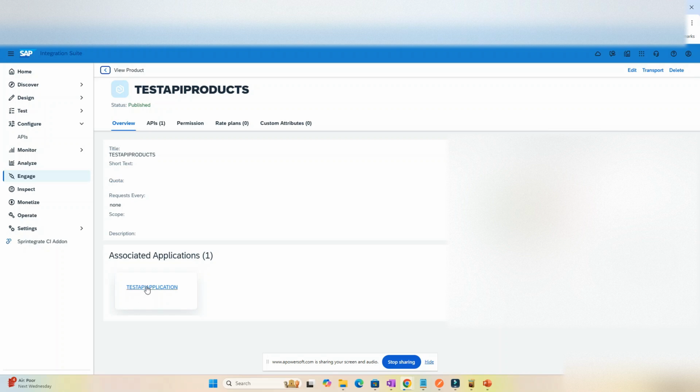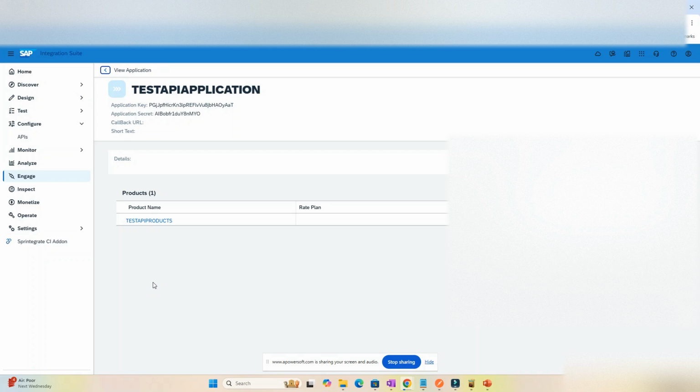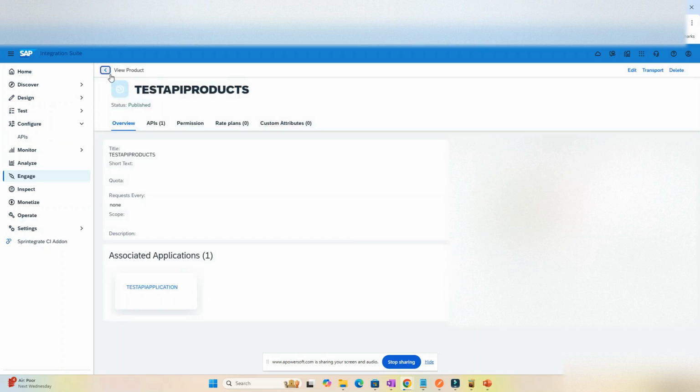All right, and then each product is associated to one or more applications. An application is nothing but a face to the consumer, and it gives you an application key and secret for the consumers to consume. And like you see in this case, it is one product, but you can add multiple products as well. And this is typically done using a developer hub. Okay, I'll end it here